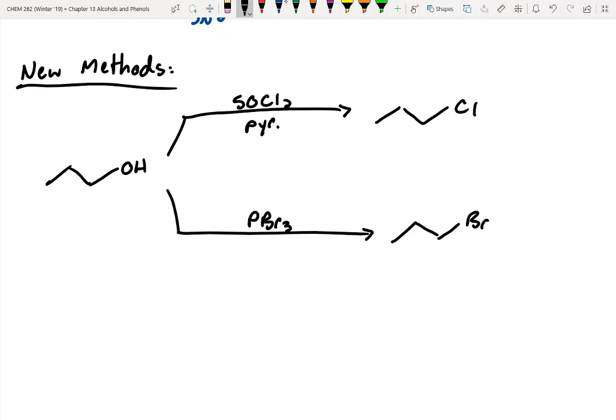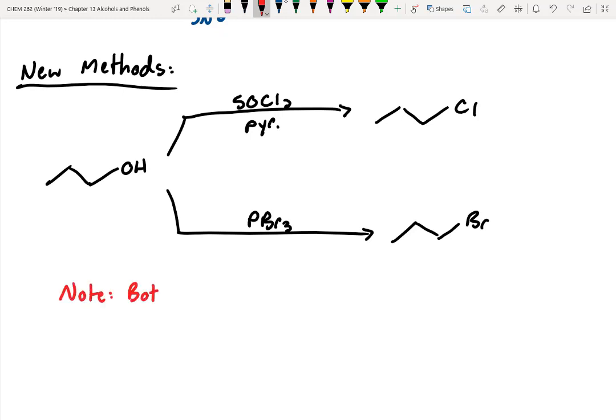So these are two really nice reactions. They have higher atom economy than the tosylation. They don't require multiple steps, and you don't have to worry about the unwanted acid chemistry if you use HBr or HCl. All right, so I did want to make a note